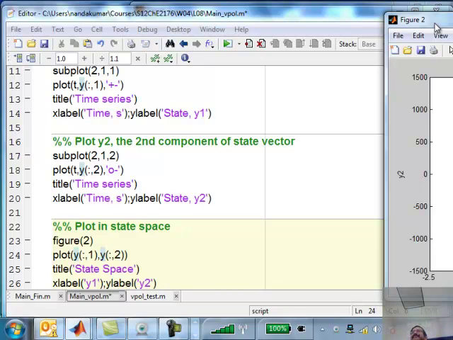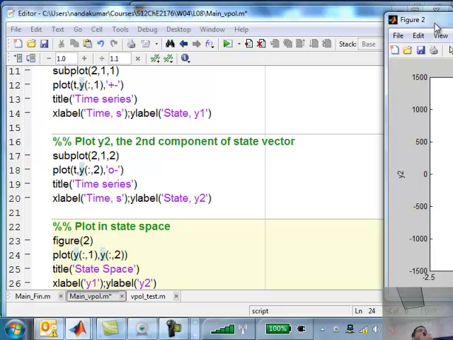Put the thinking cap on. Just like y2? Pardon me? Just like y2, because y1 is so long. Yeah, but you're plotting y1 on the x-axis and y2 on the y-axis. So y1 is going to change between -2 and +2. y2 is going to change between -1500 and +1500. Right?